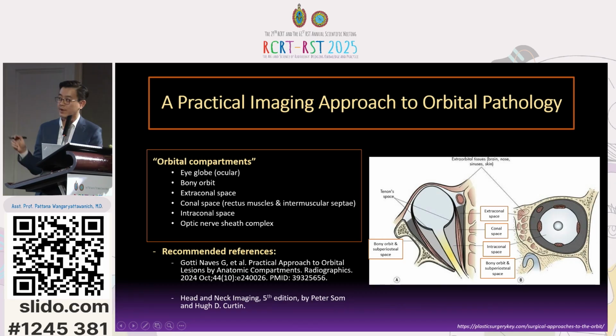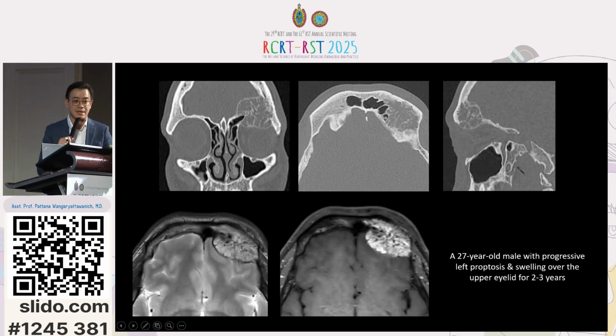Curtin, when I want to review in detail the anatomy of head and neck structures and the pathology. So we're going to explore some pathology based on the real patients that we have today. First, we have a young man who came in with progressive left proptosis and swelling over the left eyelid